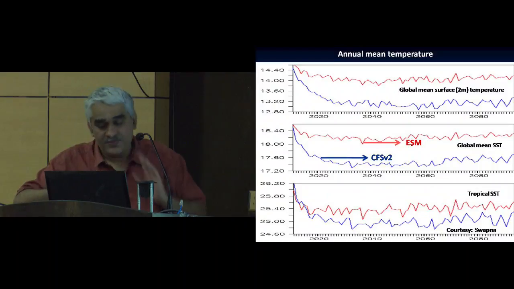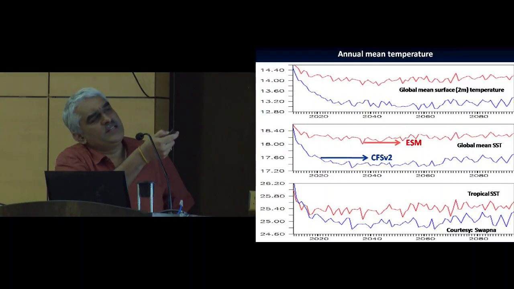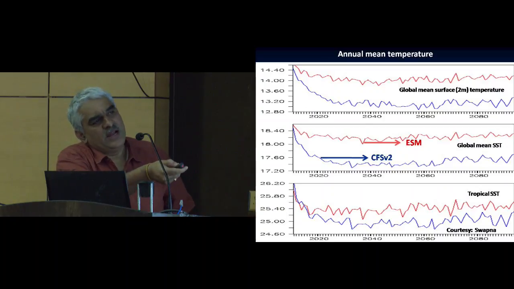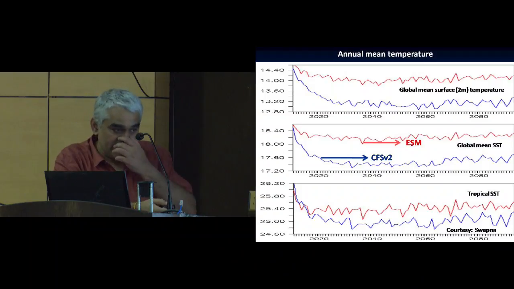We reported that, and so you can see that initially the CFS used to have this cold bias, and when we included the new MOM4 P1, this was an in-house development at IITM at our CCCR. This brought down the bias in the global mean SST by almost 0.8 degrees, and this was the first